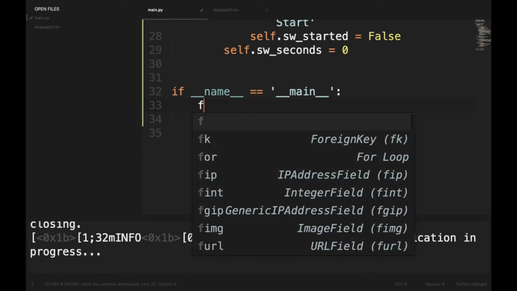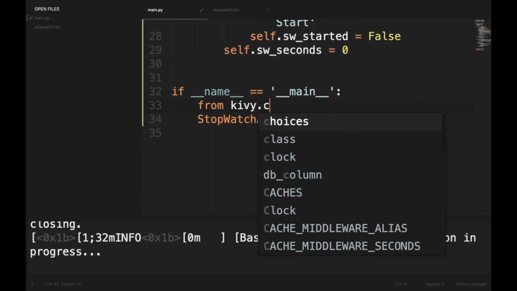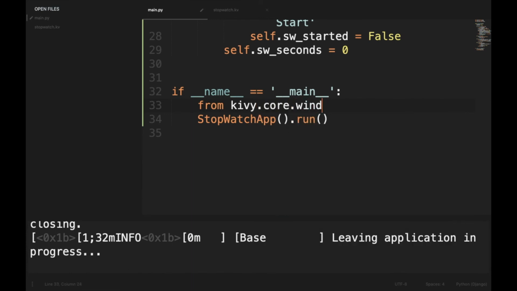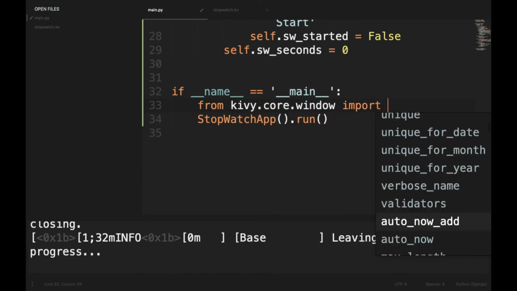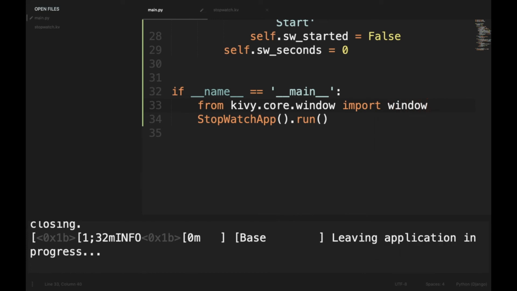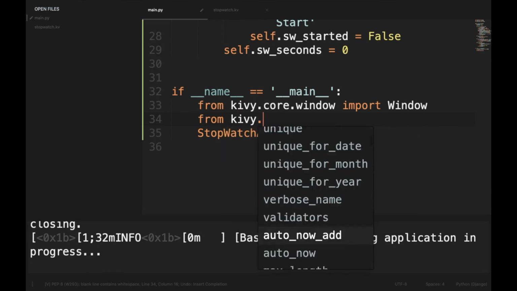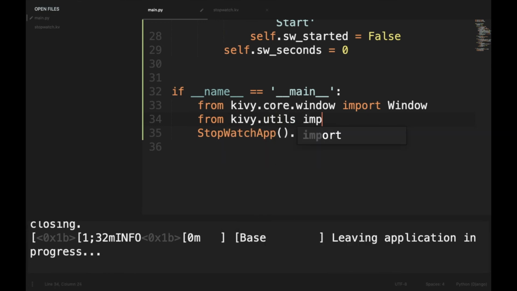So here we will be doing from kivy.core.window import Window, and then from kivy.utils import get_color_from_hex.